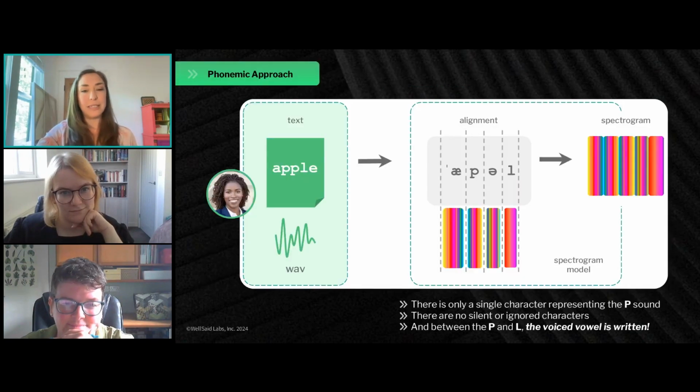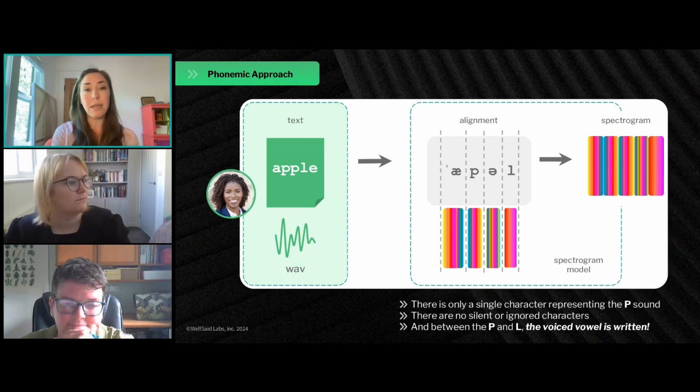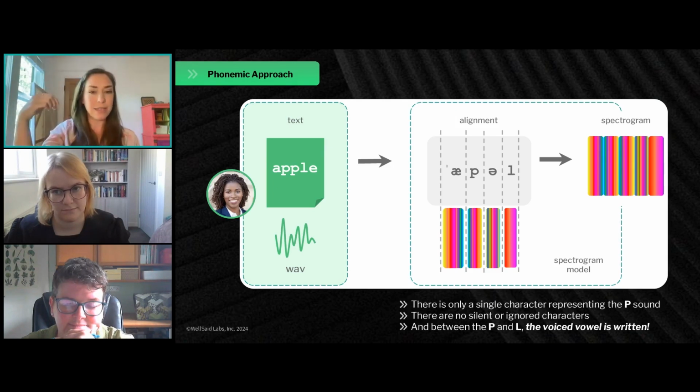So an alternative approach is the phonemic approach. We can transcribe this script data into the International Phonetic Alphabet, which Catherine was describing earlier, and I can't wait to hear more about how Oxford creates these transcriptions. But IPA is a really powerful tool, and a huge goal behind it is to disambiguate all of those spelling nonsense that historically have just created the English language. If we can remove that ambiguity for the model, then it can much more quickly align accurate sounds from the spectrogram to a character set that always represents that sound. It doesn't change based on context or word.